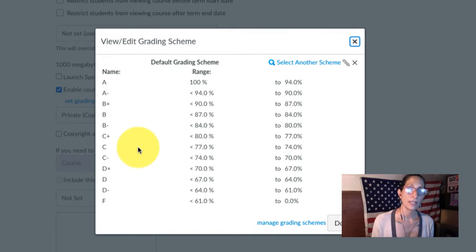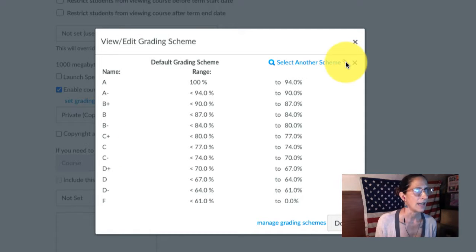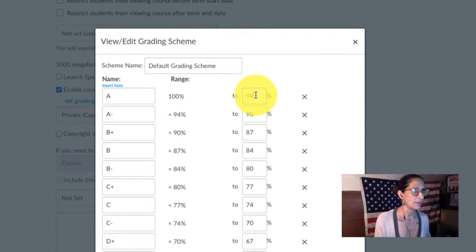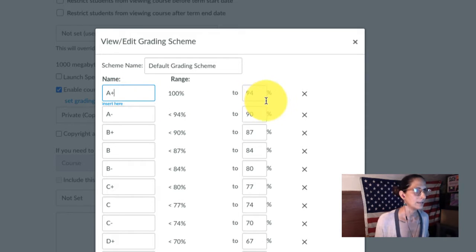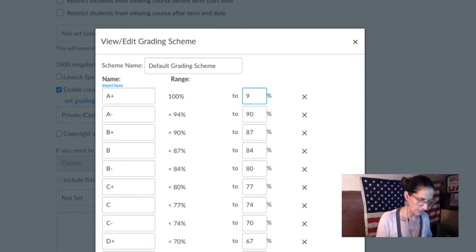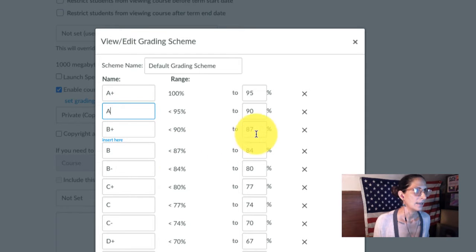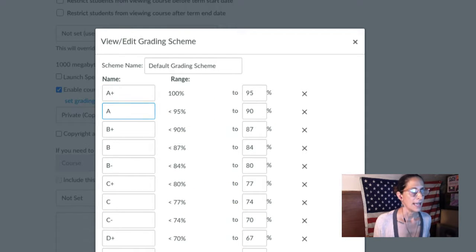So if your district or your school has a different grading system, for example, the district that I work in, we have no minuses. I have to make my own. And so in my school, this is an A+, and it's 95 to 100. And then from 90 to 94 is an A. And then, well, you get the idea. I'm not going to go through all mine. But you can go through and change all of those, and that would